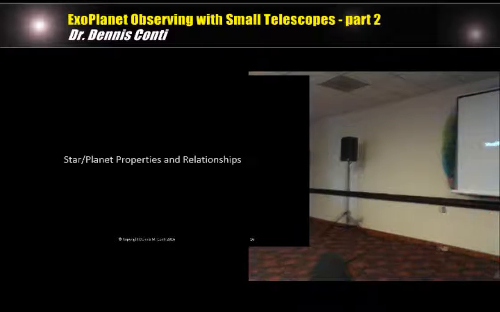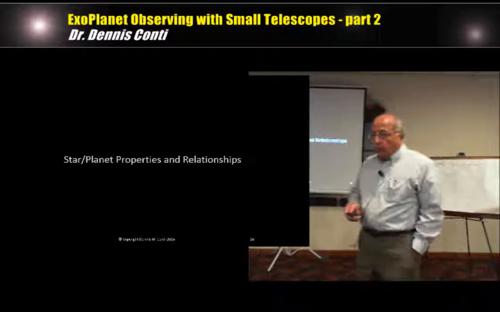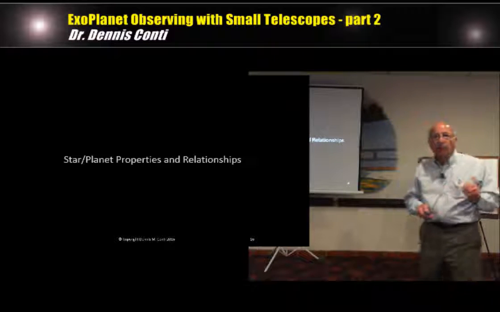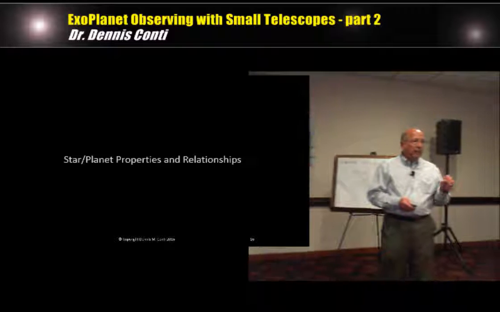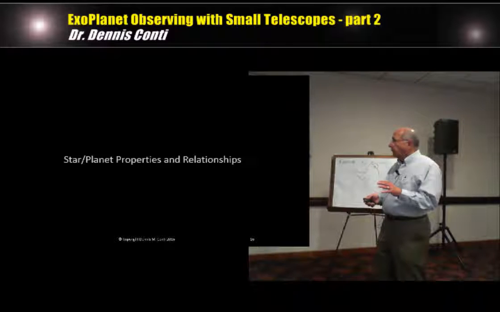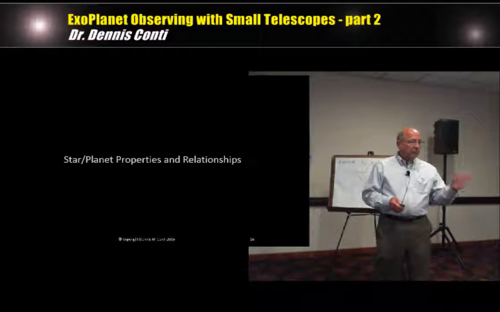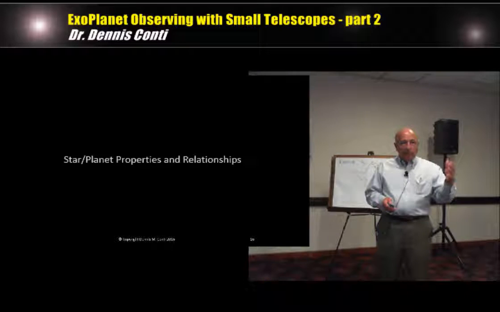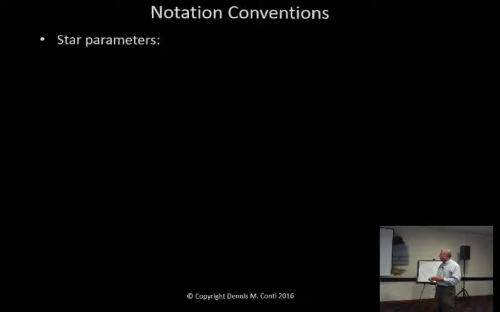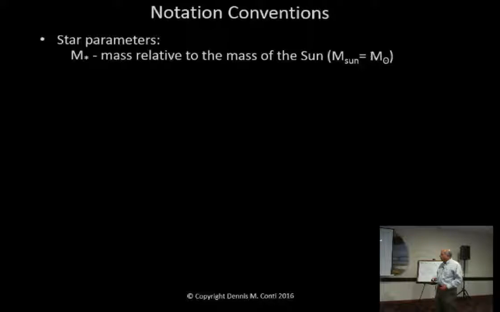So thank you. Okay, I think it's important, especially for those of you who might go on to either read some of the literature on exoplanets or do some research papers, to just get a quick overview of some of the notation that is common in the literature, both with respect to stars and planets. And some of you may already be familiar with some of the star notations, but let's just quickly go over them. So some of the conventions, as far as the parameters of a star,